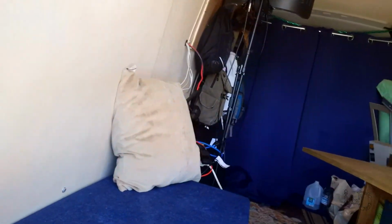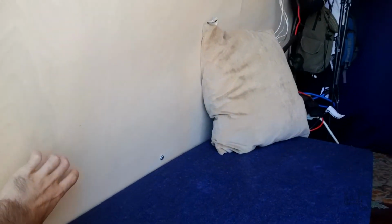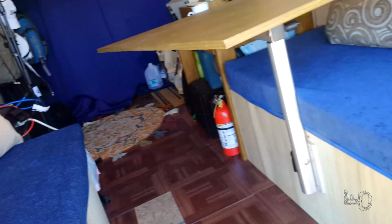These will be going. One of the big things about the van is you don't want to have to move something every time you want to do stuff. So I will be putting a back cushion on there. Actually, mostly right here, a little lumbar support for you. And now stepping into the van